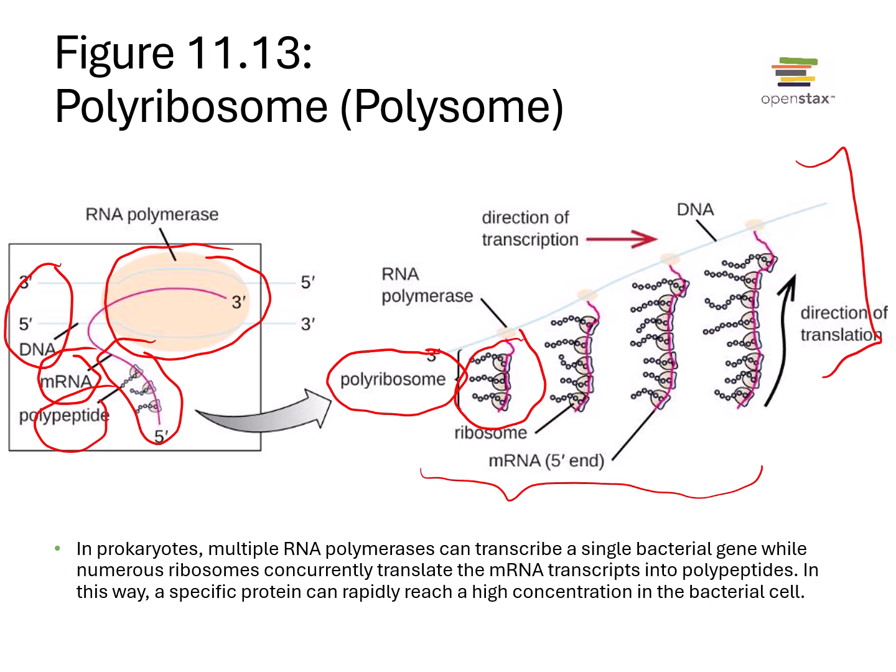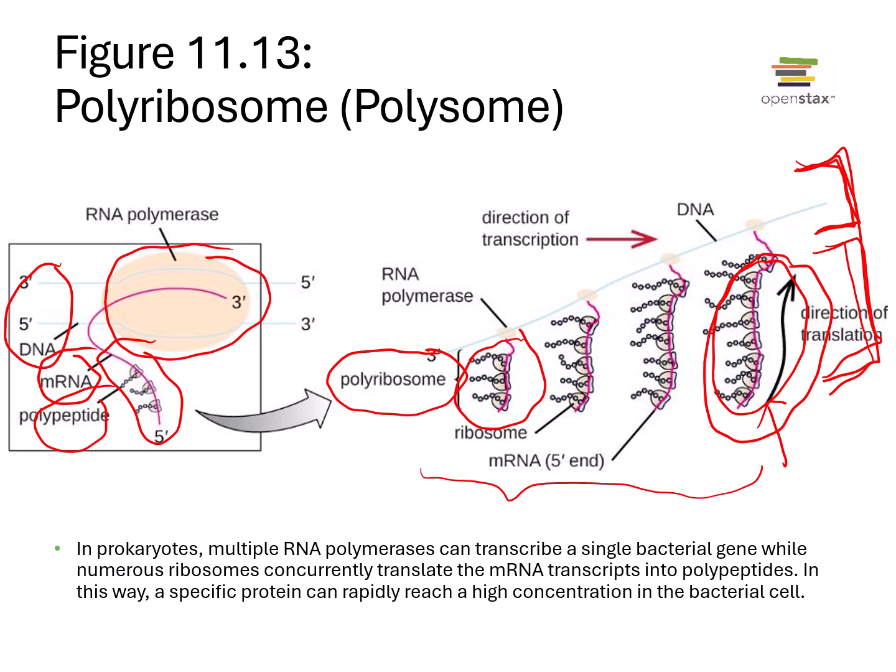In eukaryotes, we can also form polyribosomes, but only after messenger RNA processing has happened and the mRNA has been exported from the nucleus. So in eukaryotes, we cannot couple transcription and translation because they occur in different areas. Remember that transcription happens in the nucleus in eukaryotes, whereas translation happens in the cytoplasm. But in eukaryotes, once the mature mRNA reaches the cytoplasm, there can still be multiple ribosomes attached, and they can